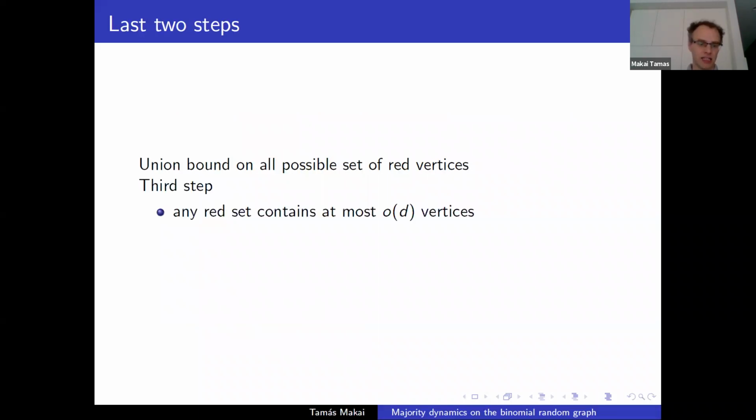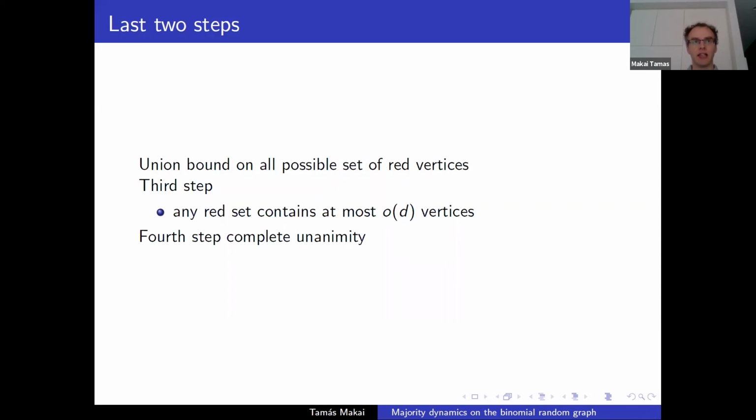And this tells us that after the third step, well, we cannot completely eradicate the number of red vertices, but we can show that there's a significant decrease in them. There's at most little o of the red vertices left. But this then gives us that in the fourth step, there cannot be any red vertices, because in order for